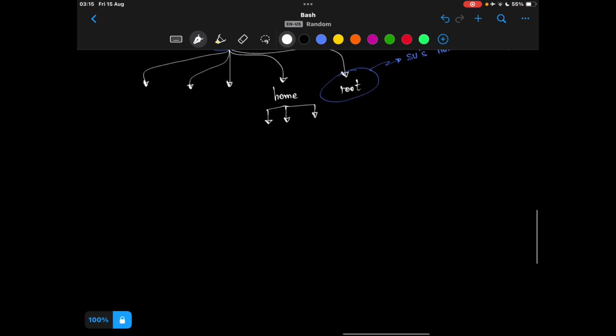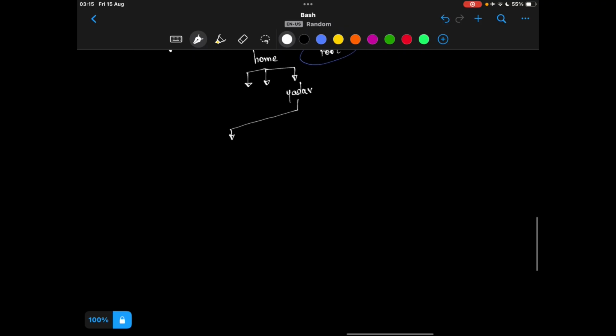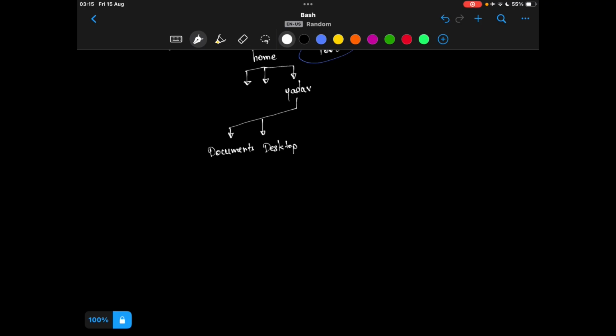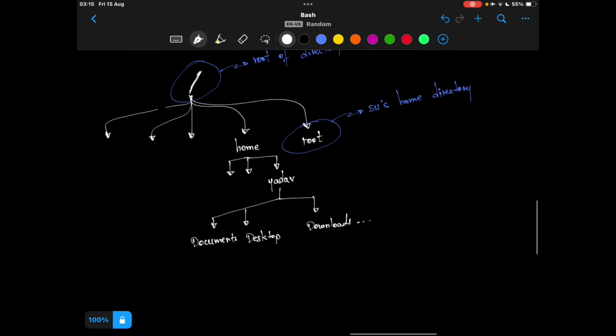If you are on your personal computer, this will be just you. In my case it is just me. And then under Yadav we have all the stuff which we generally work with: documents, desktop, downloads, and so forth. You can create your own folders, etc.